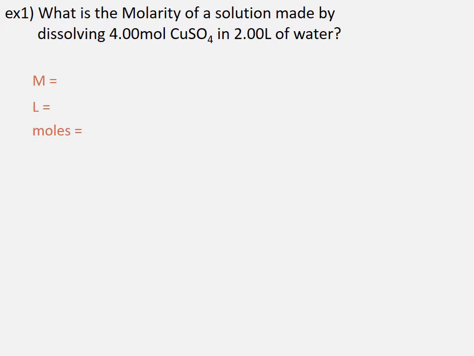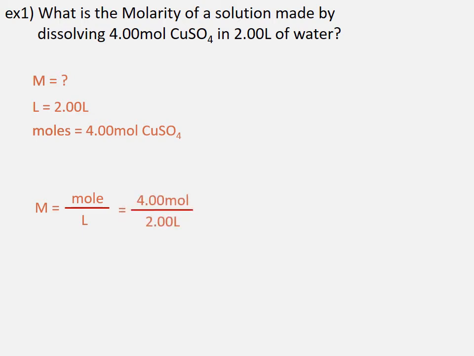Now for the real examples for you to take down. Note I have started a variable list. What is the molarity? So I'm looking for the molarity of a solution made by dissolving 4.00 moles CuSO4 in 2.00 liters of water. So my liters are 2.00 and my moles are 4.00 moles of CuSO4. When I write molarity equals moles over liters, I've already been given moles and liters, so I simply have to substitute in. So 4 divided by 2 gives me 2 moles per liter CuSO4, which I will write